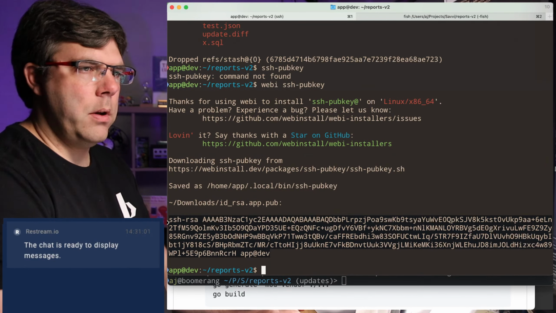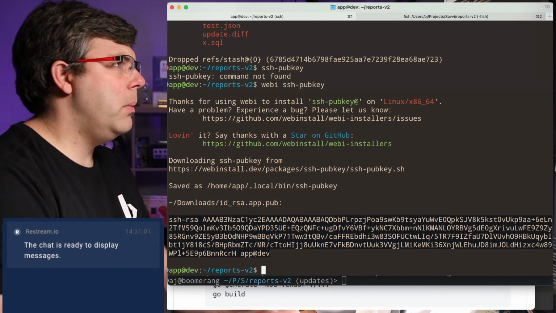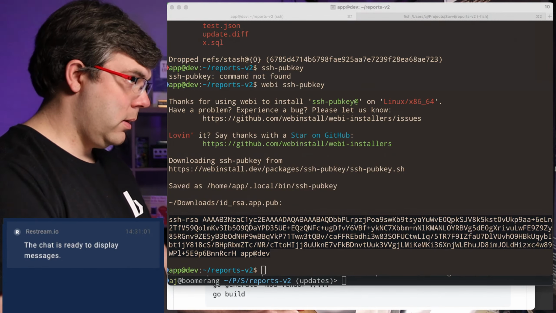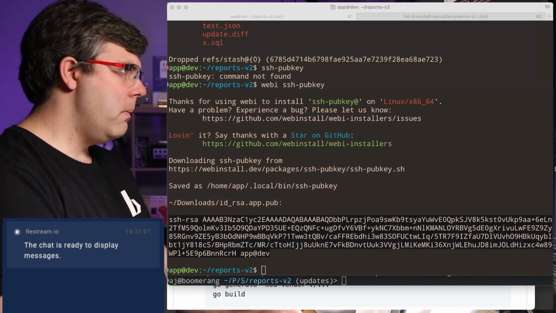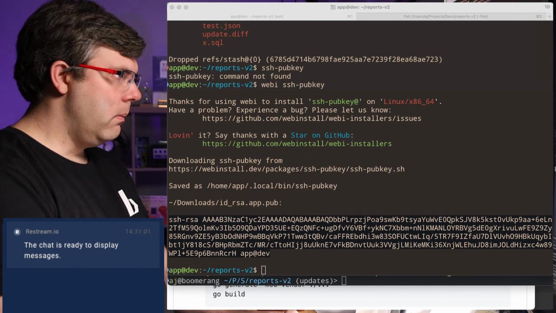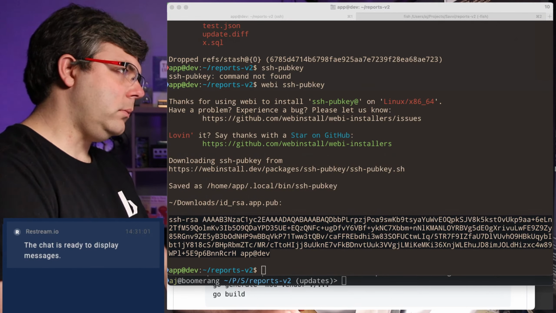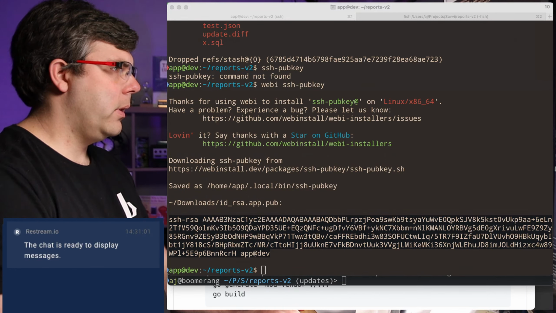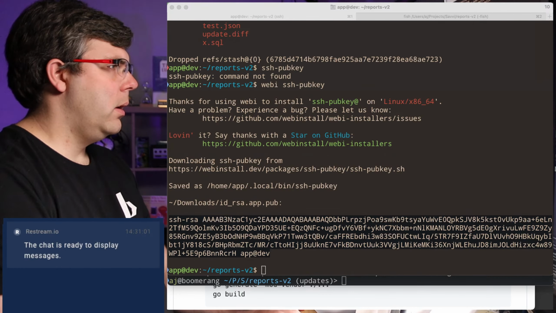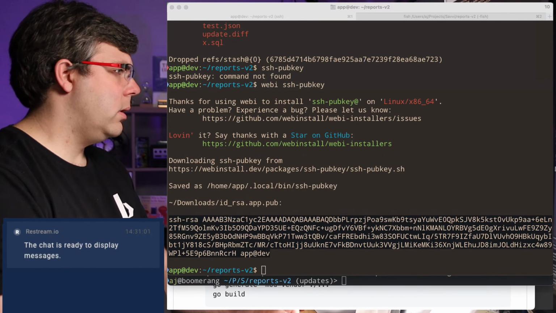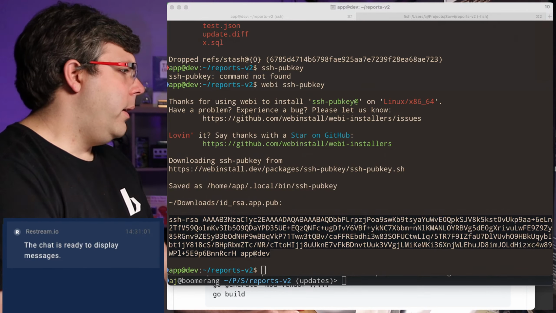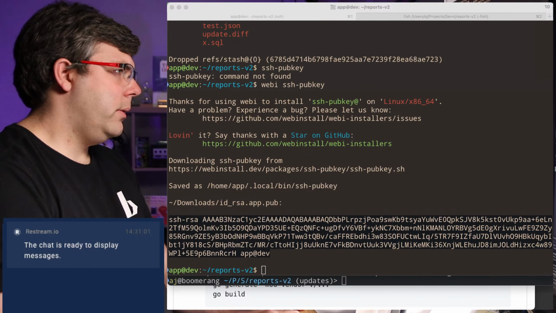All right, I'm going to go into GitHub. Under this repository, under settings, deploy keys.